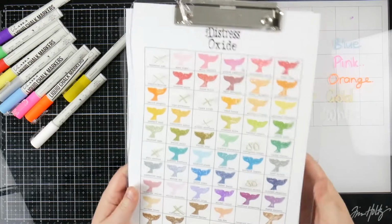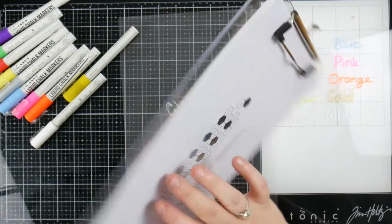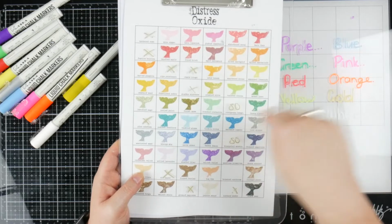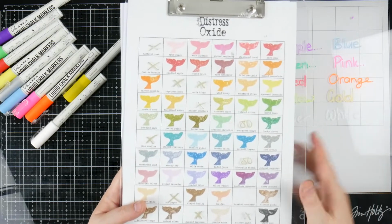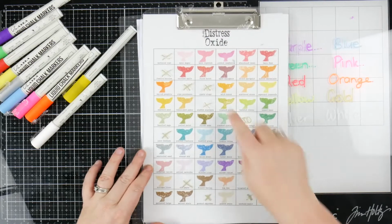So this is actually one way I've been using them. I keep track of all of my Distress Oxides, and I just keep them on this little clipboard. The clipboard is plastic, and I cross out the ones that I still need, or the ones that are on back order or out of stock, and that way I know which one is coming back in. I don't know why I find it so cool, but you can just